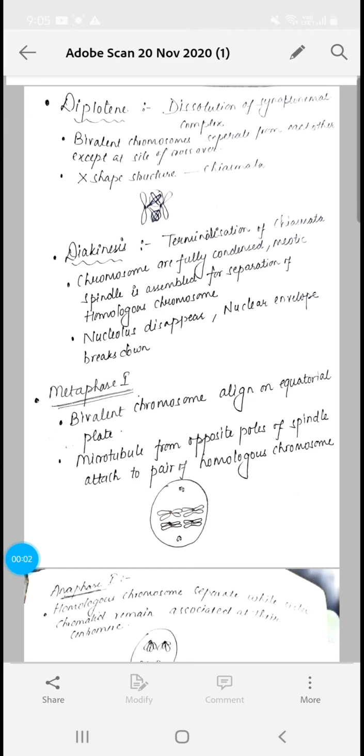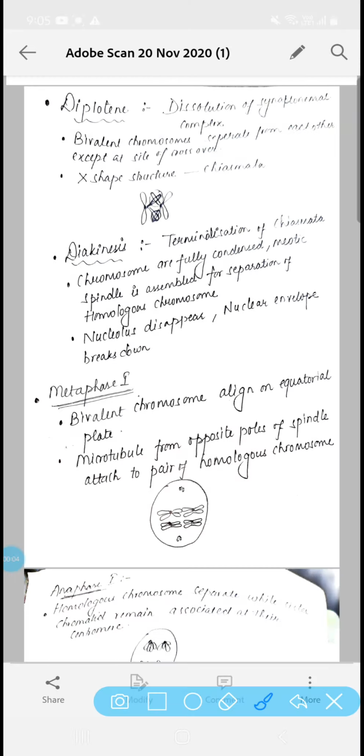So the next stage of prophase 1 is the Diplotene stage. Before that we were studying which stage? That was the Pachytene stage. Pachytene stage के बाद कौन सी stage आती है? Diplotene stage. Here the synaptonemal complex that was formed earlier will get dissolved, and the bivalent or the tetrad